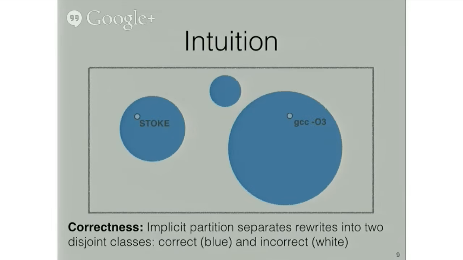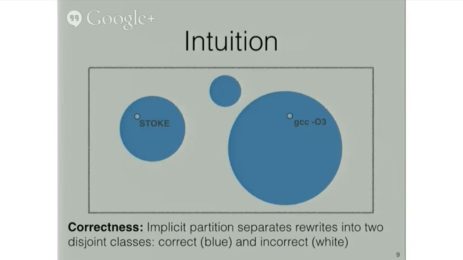To help get an intuition for what I've done here in this picture, it might help to think about a slightly higher level optimization task. Imagine if you were sitting down and optimizing sorting routines. One of these regions might contain all implementations of bubble sort, modulo optimizations, and another might contain all implementations of quicksort, for instance. If that helps, great. Take that intuition and now scale it down to the level of loop-free x86 kernels. And remember, this is just a visualization. So at some point as we get deeper and deeper into the details, this will break down a little bit. But for now, it's good.